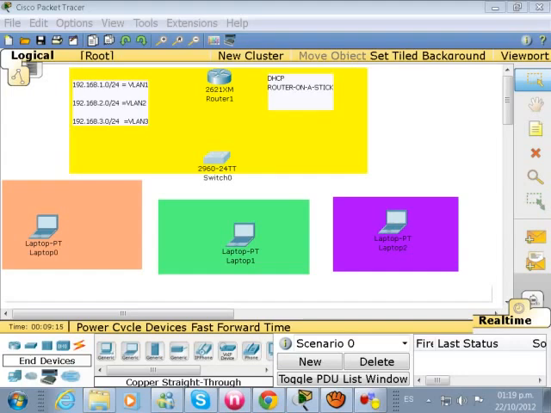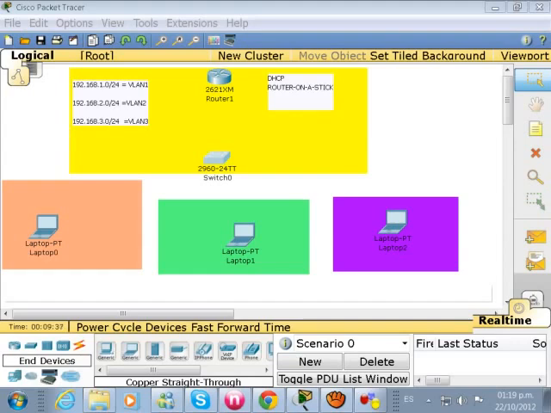I'm going to configure the router fast Ethernet 0/0 physical interface, and from the physical interface I will need to configure